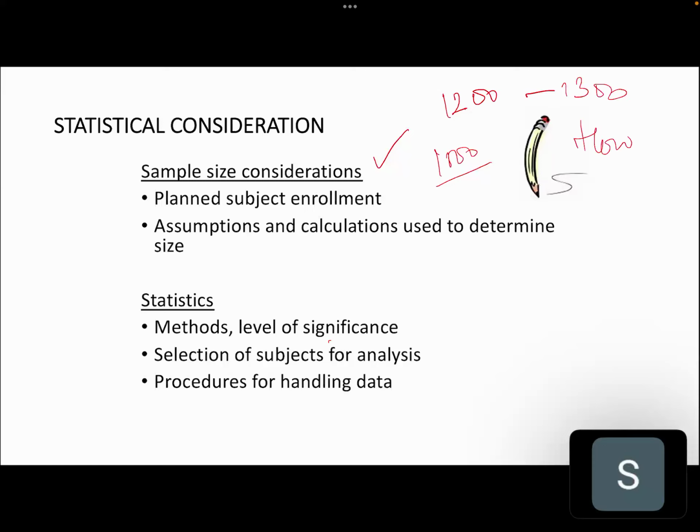How? When the stat team calculates all this, they take certain assumptions: level of significance, power calculation. They will take everything into account, like maybe someone has missed a dosing, or a few participants may withdraw. Here the assumption is like maybe 10% of the participants withdraw. Suppose it is a pediatric trial with children, small infants involved. Based on literature, maybe that drop rate may be 15%. So they will give the calculation. As a medical writer, you will ask these questions to stat: give me the data.